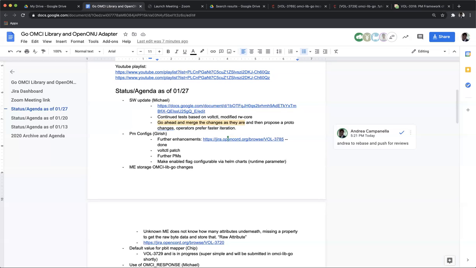Then the adapter checks the differences between the version that is in its cache and the version that just came from RW core, and it's capable of making the change. But on the northbound of Volta, you have to send this PM config structure, you know?